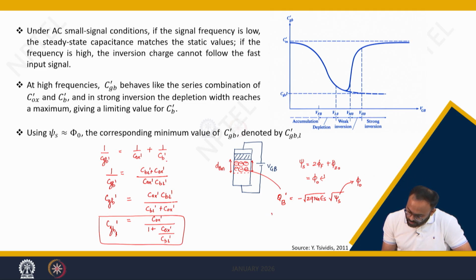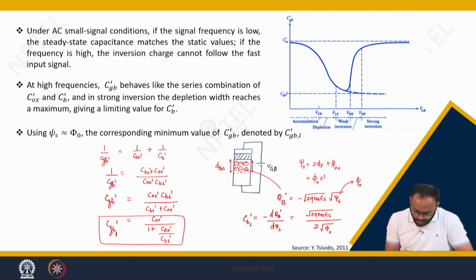So, if we do the differentiation to calculate CB dash, then with a negative sign, remember that negative sign is to make the capacitance positive. This will give you CBL dash. So, you can differentiate, this will give you square root of 2 into Q into Na into epsilon s divided by 2 times square root of phi naught. Now, you put here and ultimately CGB dash L, the lowest possible capacitance, the overall capacitance between gate to body